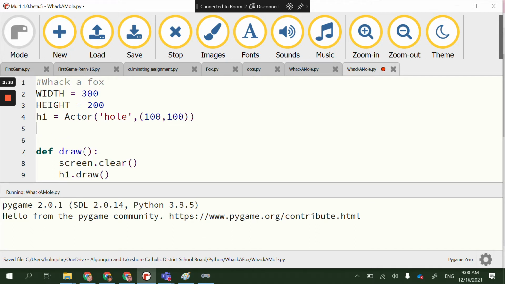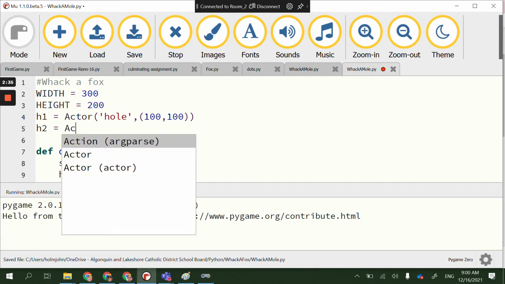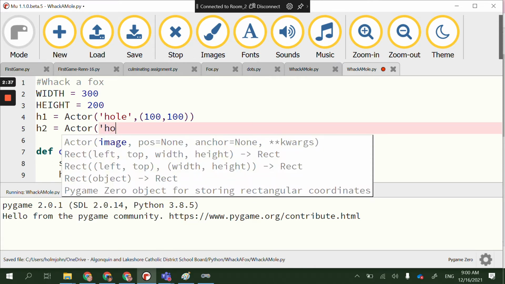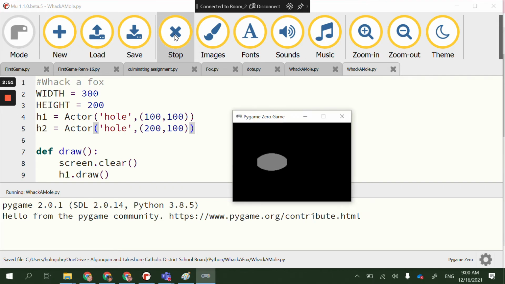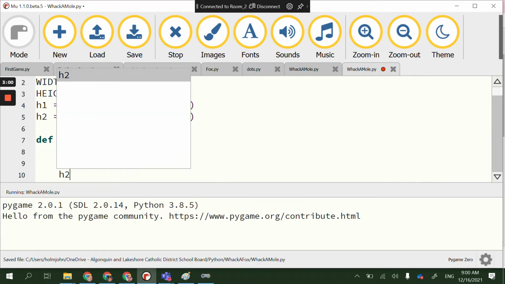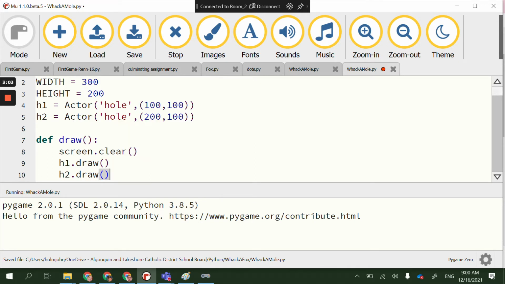And then my second hole, again, it's just the same image, so it's going to be a hole again. And this time, I want to move it over in the X coordinate to 200. So if I run that, oh, okay. Why didn't it print the second hole? I have to draw it. H2.draw. I created the actor, but I never actually drew it to the screen. So now when I run it,